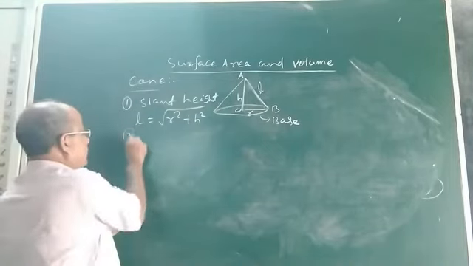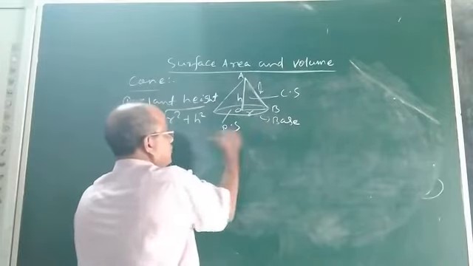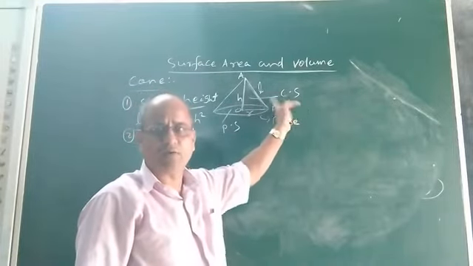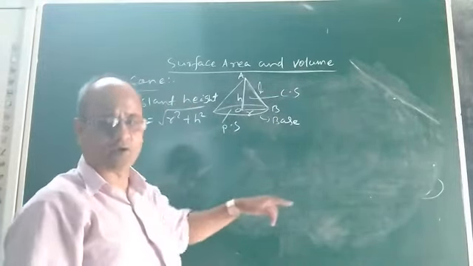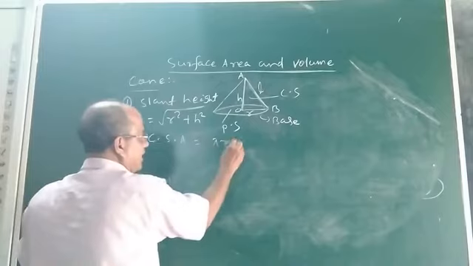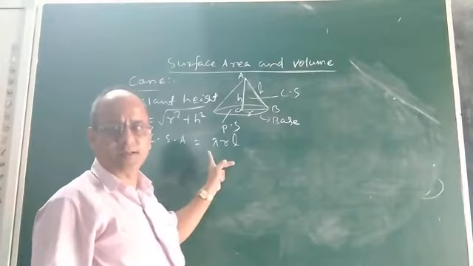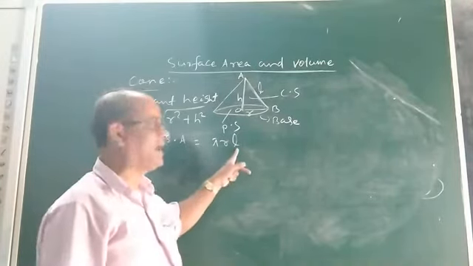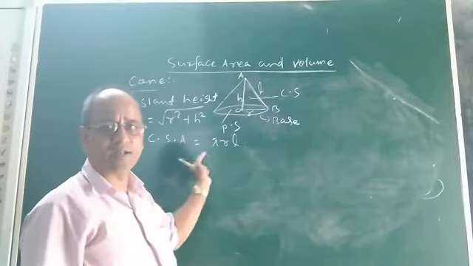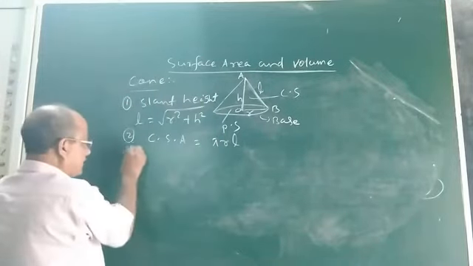Then in a cone, this is the curved surface and this is the plane surface. So a cone is a solid having both a plane surface and a curved surface. What will be the curved surface area of a cone? The formula is curved surface area equals pi r L. It was discussed in class 9. Here r is the radius, pi is a constant whose approximate value is 22/7, and L is the slant height. So if you are given the slant height and the radius, you can easily find the curved surface area of the cone.